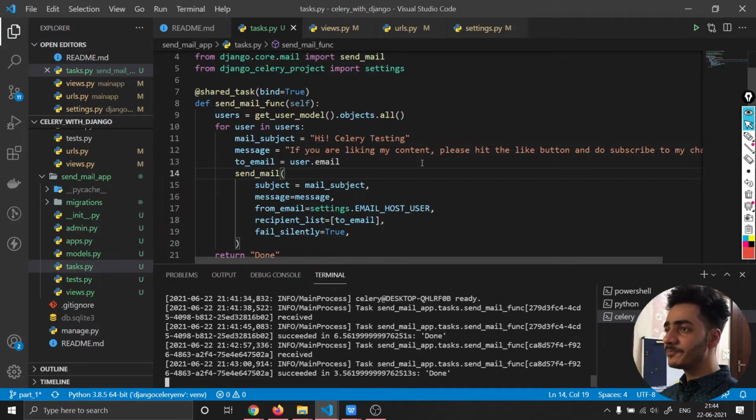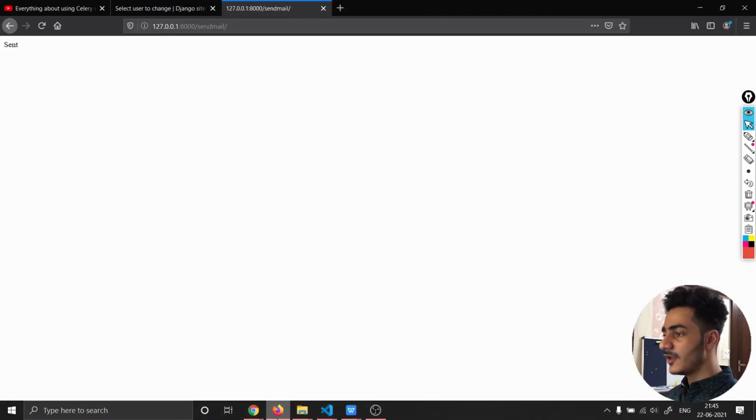So how to do that? For that we will have to use Django Celery Beat for periodic task or to schedule task. So that part we will see in the next video, and we will also see how to create dynamic task. Because suppose we don't want to hard code that at this point of time I will schedule my task, we don't want that. What we want is user interaction.